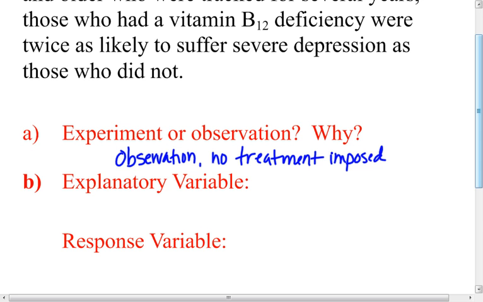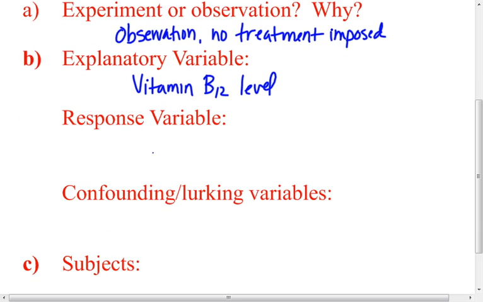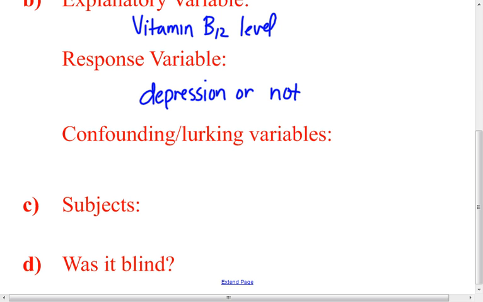Okay. The explanatory variable in this case would be their B12 level, that vitamin level in their body, vitamin B12 level. The response variable would be whether or not they suffered depression. That's what I'm measuring. Okay, and then are there other confounding or lurking variables out there that might cause someone to have depression other than their vitamin B12 level? And certainly